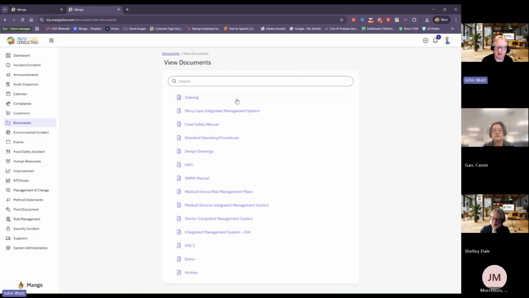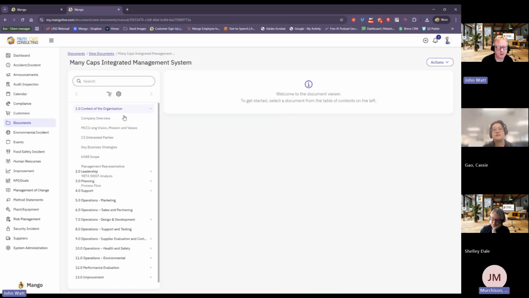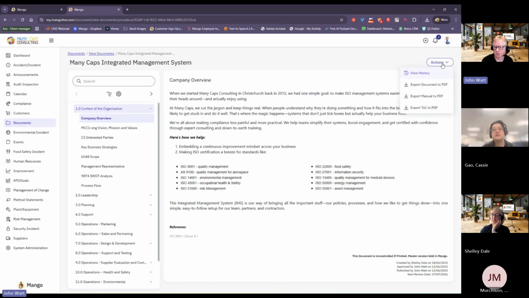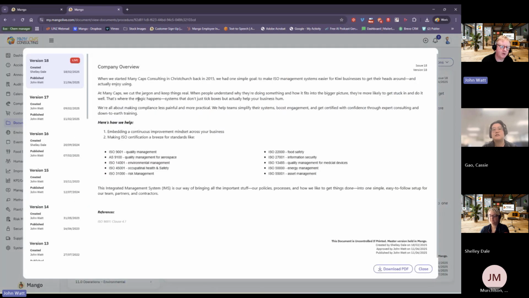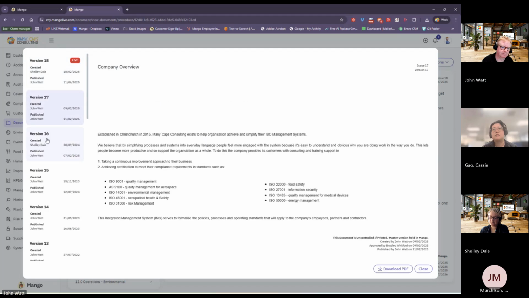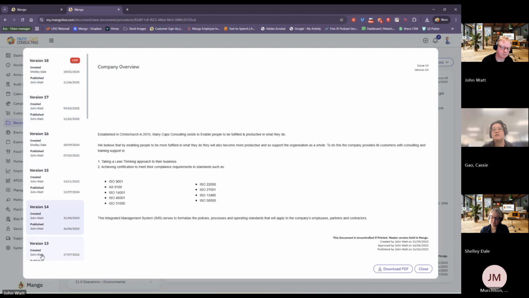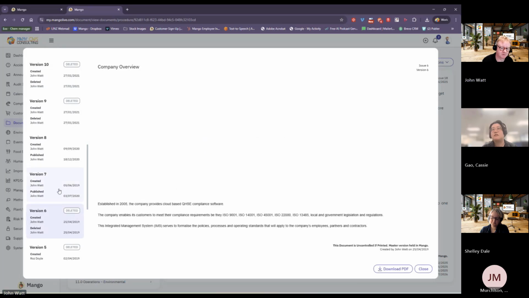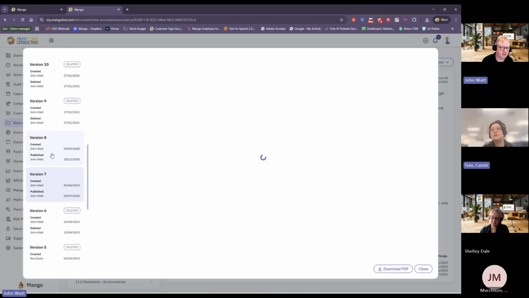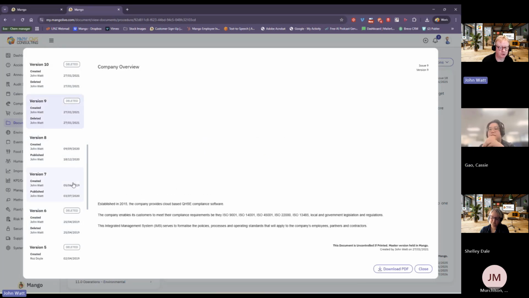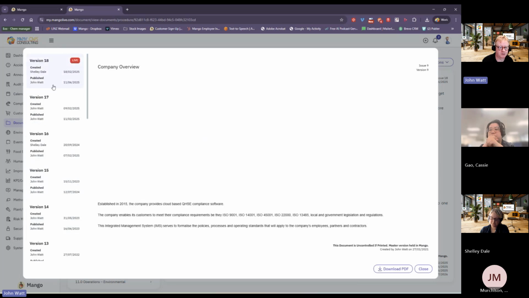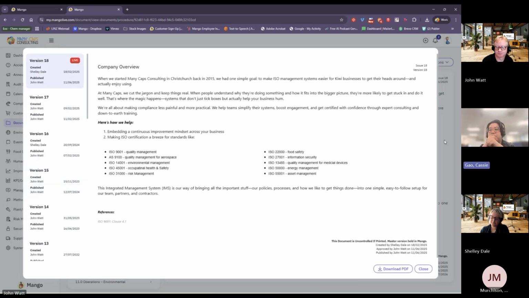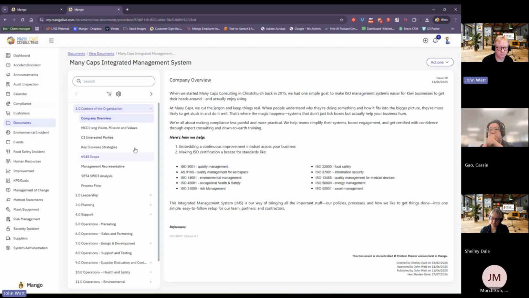For every document, I'll show you in here actually, because I've got access to the front end. Most people wouldn't have this, and it works for files as well. If I go to view history, we keep every version of the document, even if I delete it, in the history of the system. So you'll always be able to go back and see what it used to say. We manage all of that at the same time.